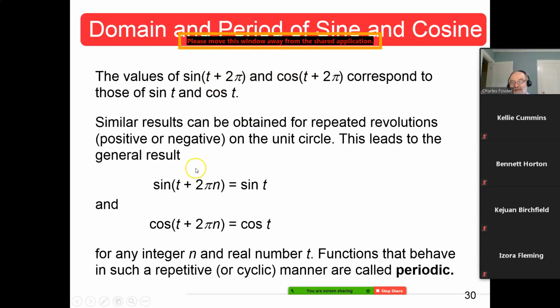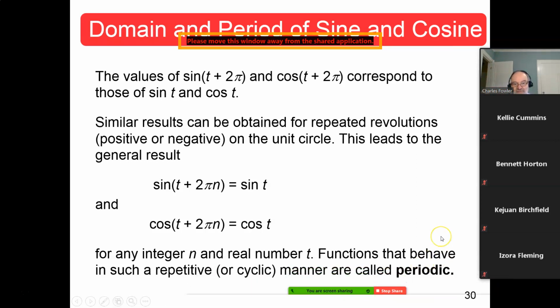So here's how we say that. Sine of t plus 2 pi n, where n is any integer: 0, 1, 2, 3, negative 1, negative 2, negative 3. Multiply that by 2 pi, add it to your t, you're right back at the same value for sine. Let's do the same thing with cosine, 2 pi. So for any integer n, positive or negative, and any real number t, functions that behave in such a repetitive or cyclic manner are called